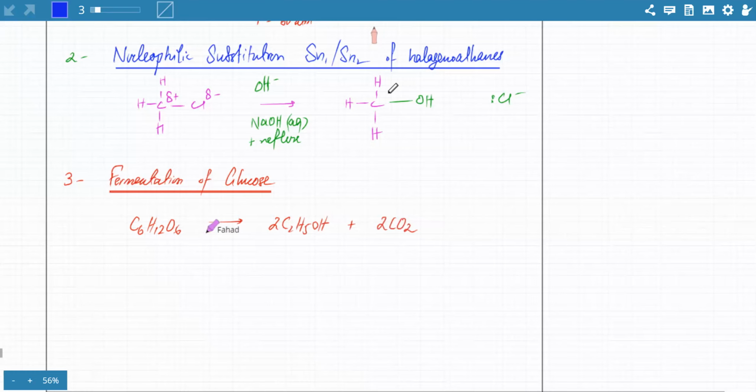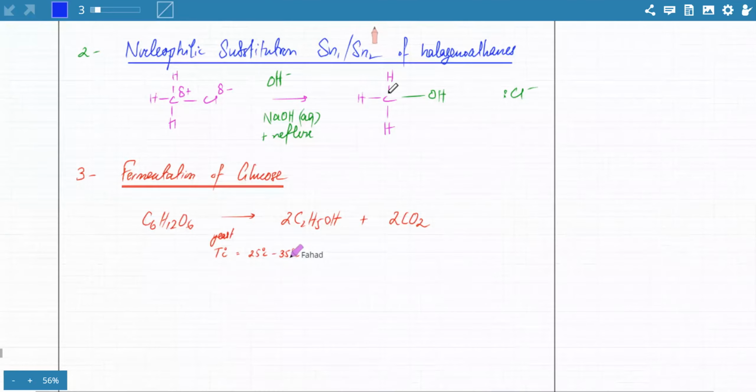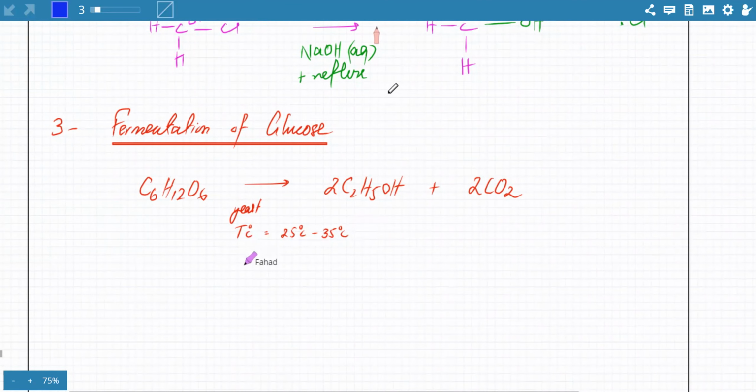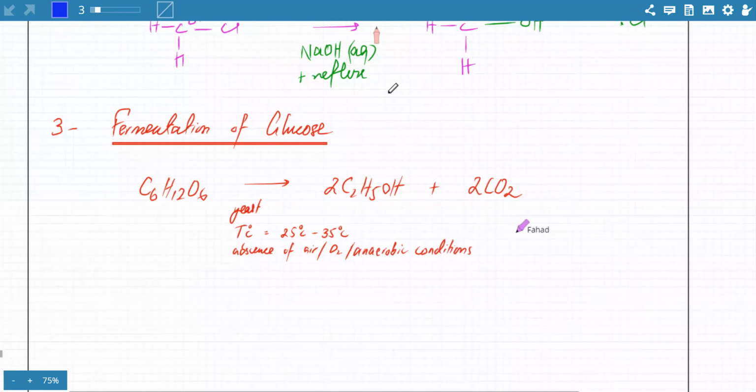अच्छा, इसमें है कि yeast is added as a catalyst. The temperature is kept around 25 to 35 degrees centigrade and absence of air. Yeah, O2 specifically. This is anaerobic conditions. Okay, so you use anaerobic conditions for this reaction. Minal, clear है? Ariba, clear है? ये O levels का reaction है. जी।